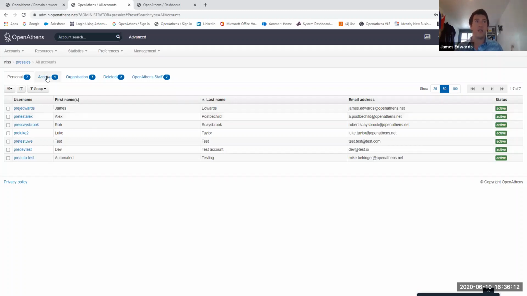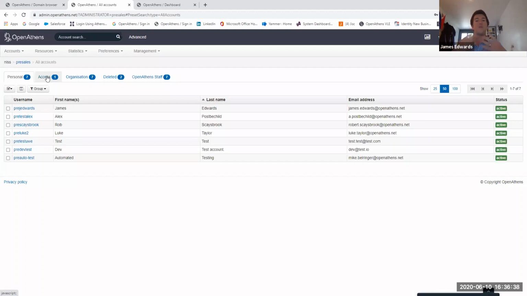The other option is you can create access accounts. So these could be accounts that you want to share out, so you can create them and they're there, and then you can hand them out to people. So rather than having to create one individually, if you have a small library where maybe you have a few that you want to share, you can create these access accounts and do that as well. So yeah, there's a number of different ways in which you can use our account creation.